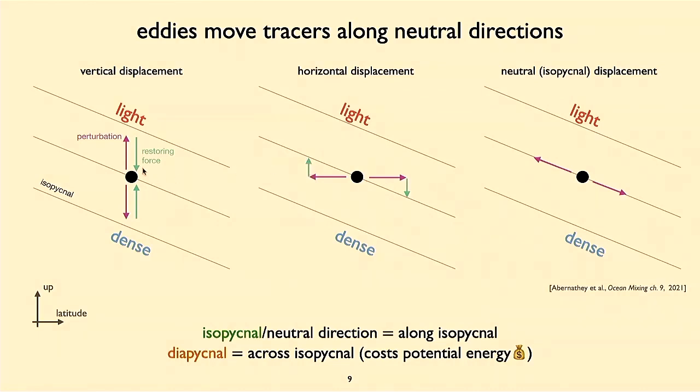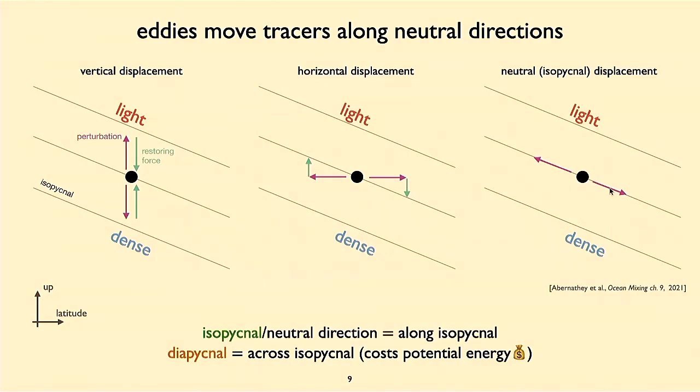So doing these sorts of motions requires paying extra energy, converting some of the potential energy of the system into kinetic energy. So it's a little bit costly. But if we want to move it like that, it's happy to move there without any restoring force to go somewhere else.